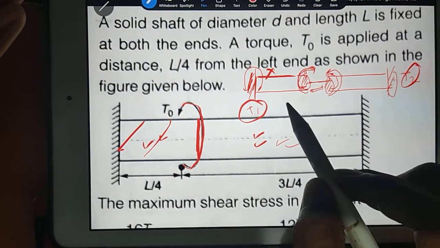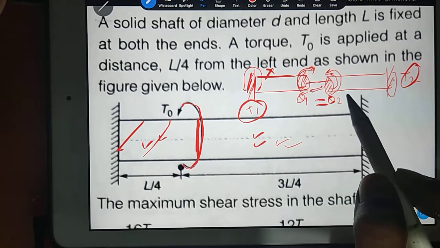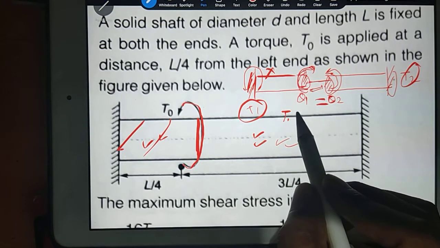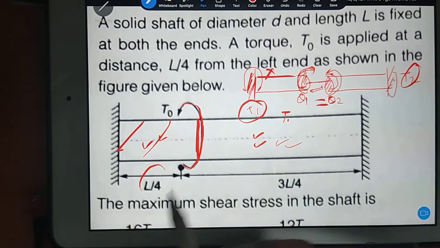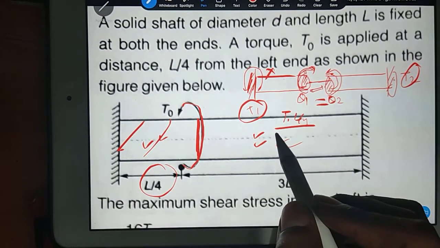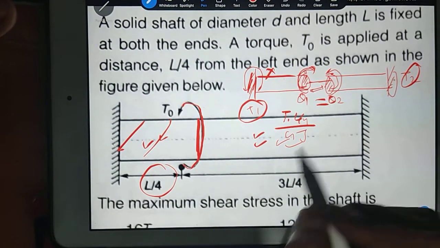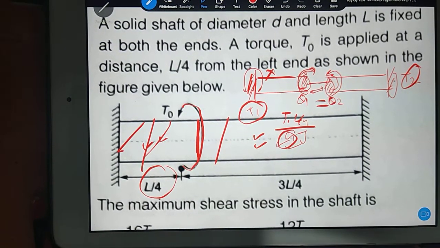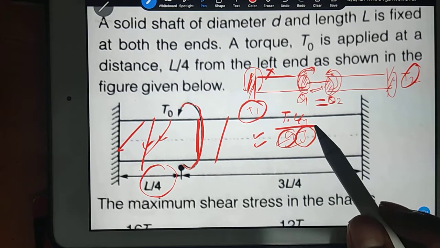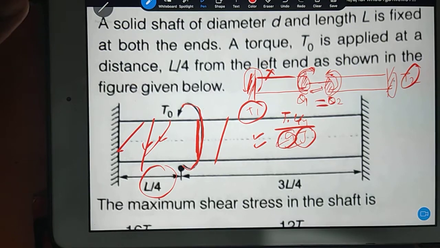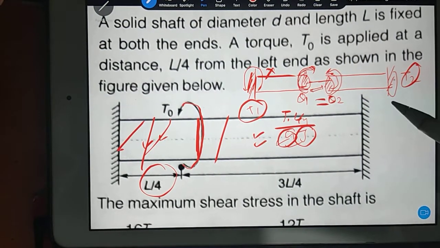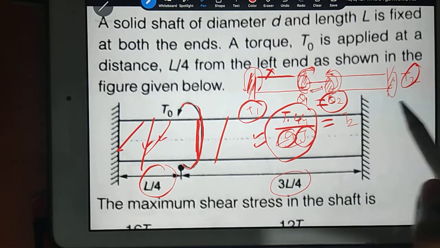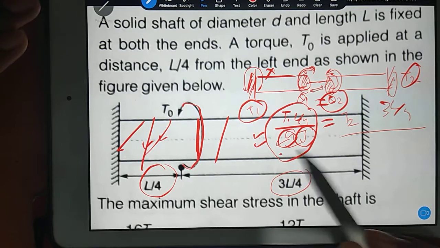For that purpose, you find out theta 1 here, theta 2 here, and equate both. If you do that, it is very common. How can we do it? T1 into length. What is the length here? Your length for this part is L by 4, which is equal to, now you have T L by G J, correct? G J. Because the dimensions of both shafts are the same, the G value will be the same because it is the same material and the same shaft, and J is nothing but pi by 32 D power 4. Okay, now you go for the next. So this is how you will calculate theta 1, and theta 2 is the same thing: T2 and remaining length is 3L by 4, and you go for G J.